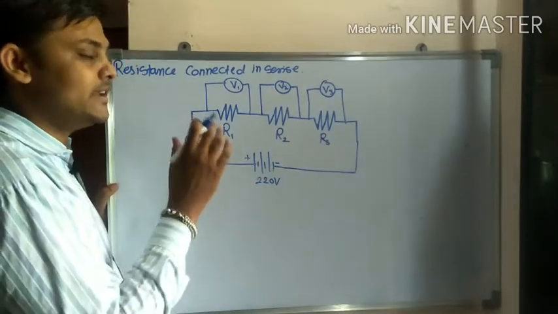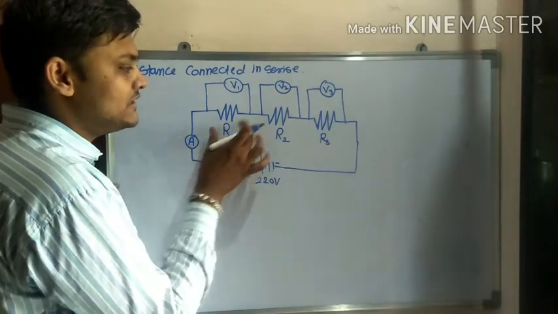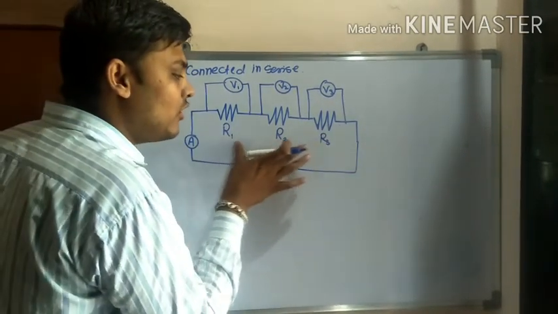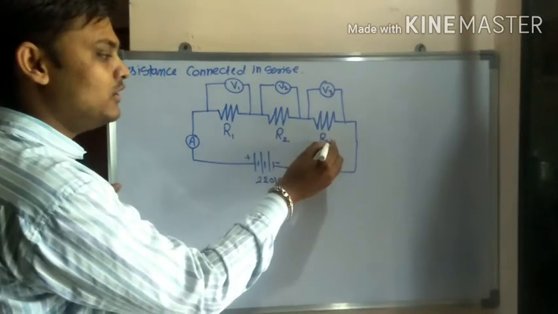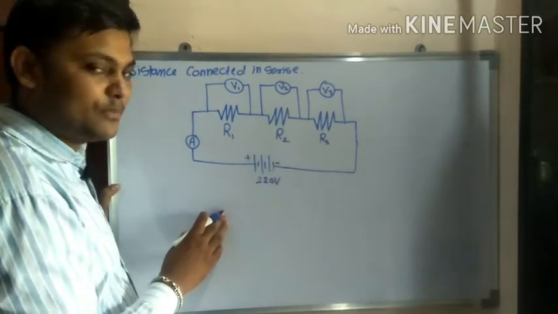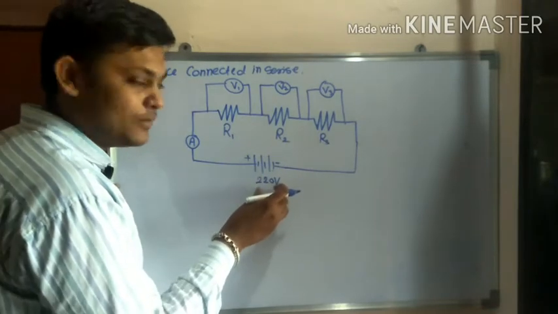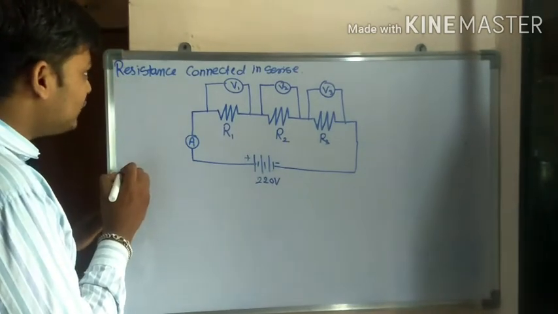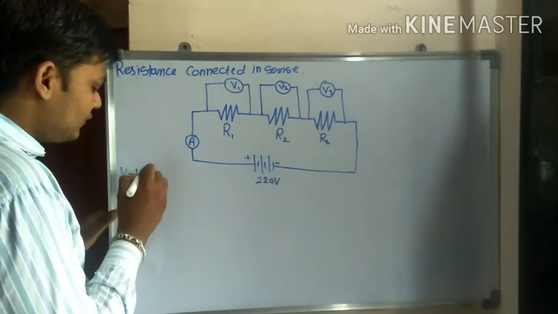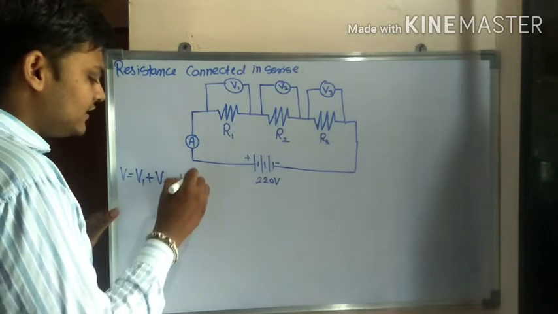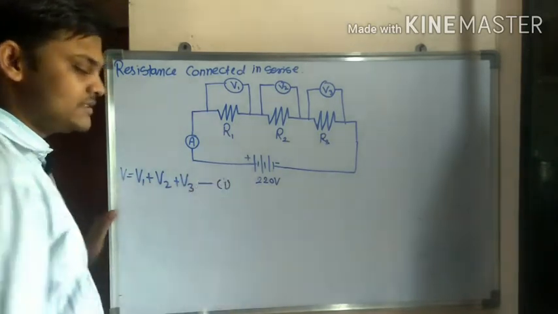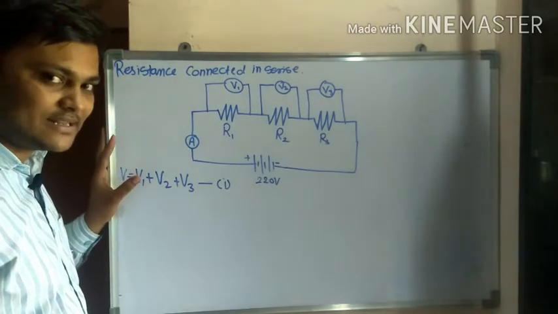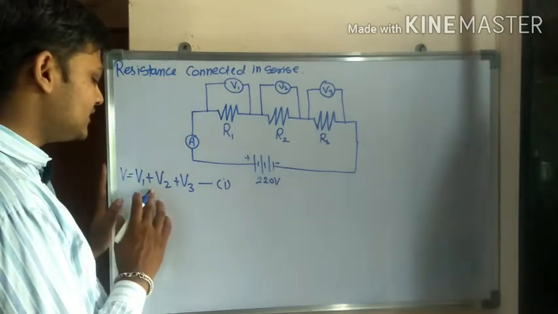Now see, students: the potential difference across the first resistor, the second resistor and the third resistor. If you sum all these individual voltmeter readings, you will get the correct value of the potential difference which you have applied with the help of the battery. To calculate this, we use V is equal to V1 plus V2 plus V3. Make it the first equation. Now we are going to calculate the effective resistance when the resistors are connected in series.